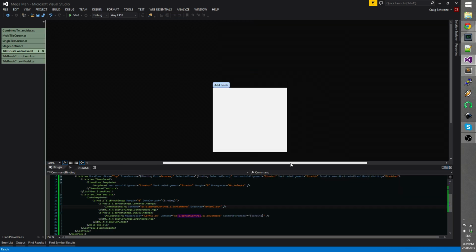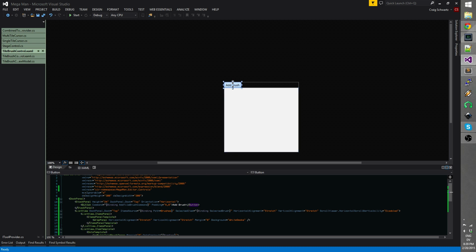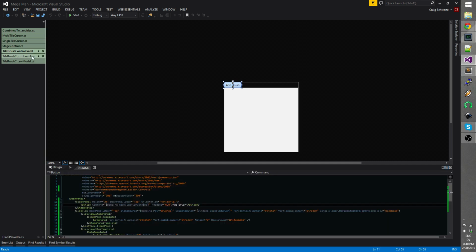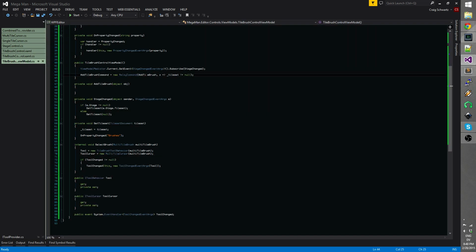There. So the process of adding a brush, this button does nothing right now. No, add tile brush command. Close that, add tile brush. It does nothing for the moment. And I really don't know what the UI for adding a brush is going to look like at the moment. The existing brushes that I have are from my old version of the editor in WinForms, and I think in there the UI for adding a brush was a new window that popped up,